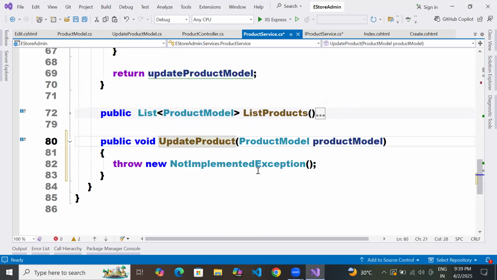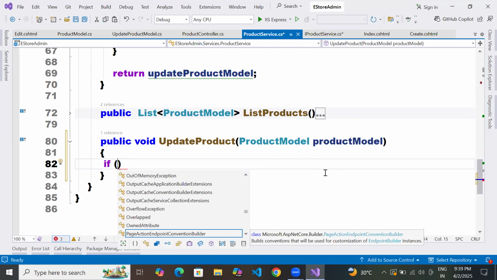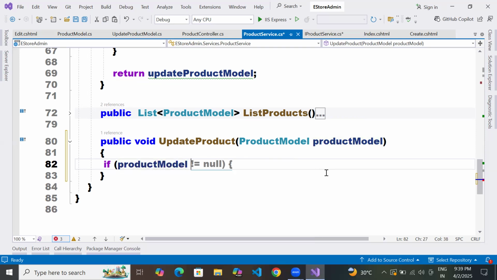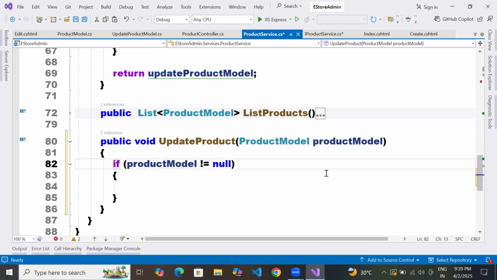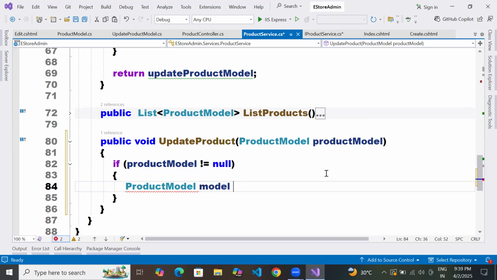Now go to your UpdateProduct. Here, you need to check a condition. What is your condition? If product model not equal to null, am I right? Can we do this or not? Say yes or no, everyone. Yes, we need to check. Then what you need to do? ProductModel. This is the model you are going to talk to the database. So model equal to new ProductModel